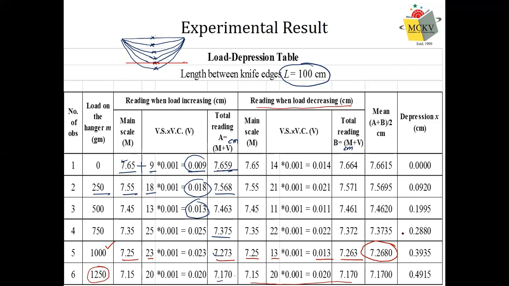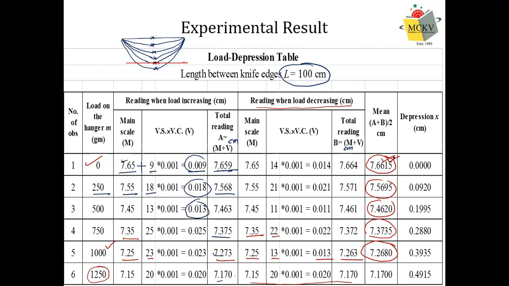We will continue the unloading process. So now for 750, we do the same thing. We are getting the same value of main scale reading, but vernier is slightly changed. We take the average again and get this one. So in this way, for each case, we will measure the main scale, vernier, and hence the total. Now, one thing you must be very sure: for zero load, your mean value should be as accurate as possible within the experimental limit, because we will require this value so many times. We will observe one. So our reading is completed.